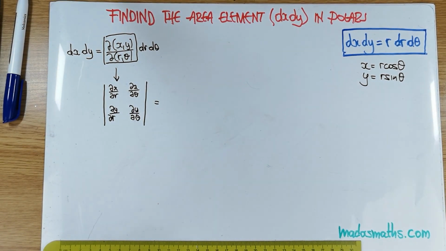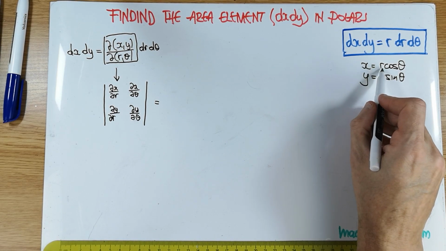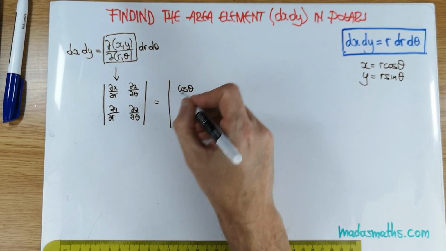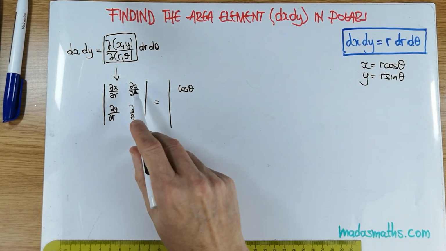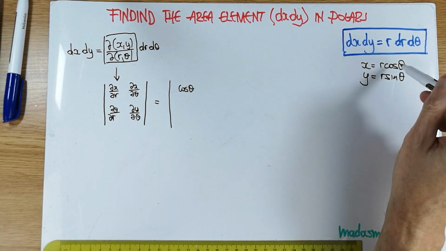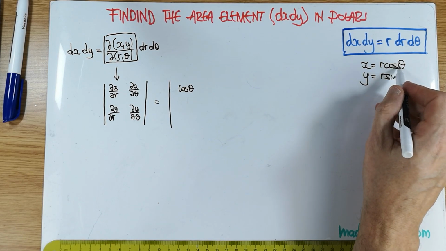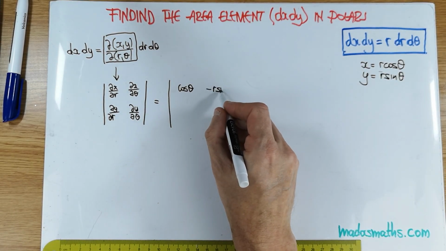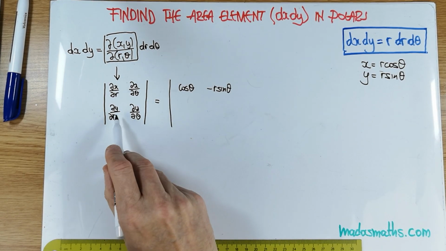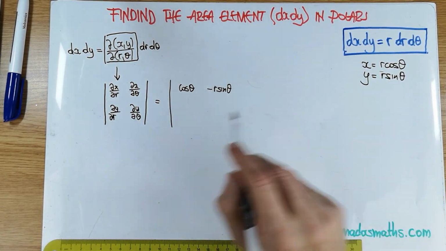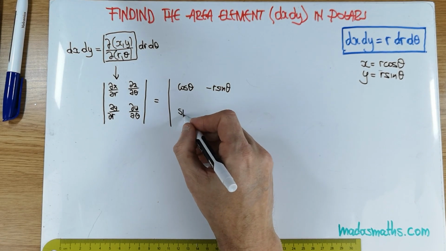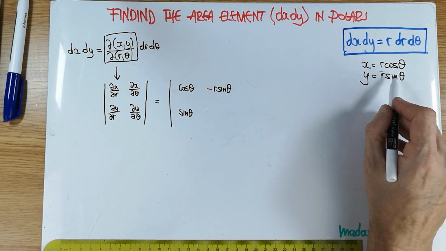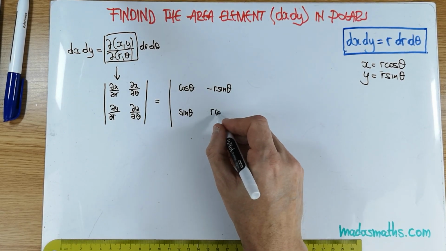So dx by dr is of course equal to cos theta. dx by d theta, differentiating now with respect to theta, is going to be minus r sine theta. dy by dr, that's simply sine theta,